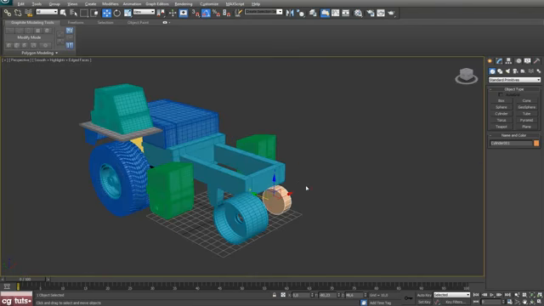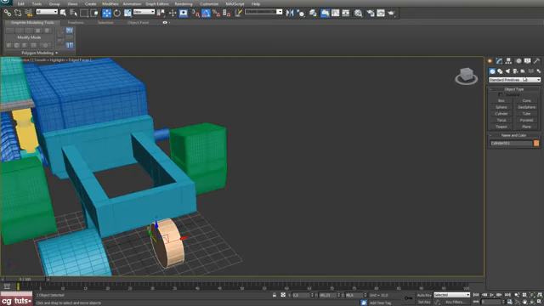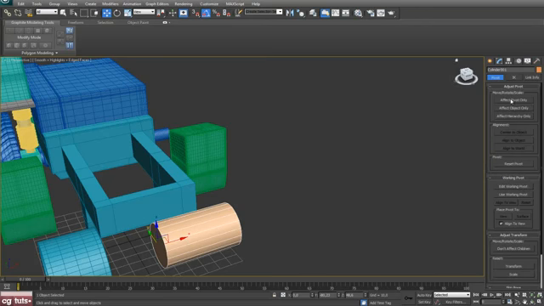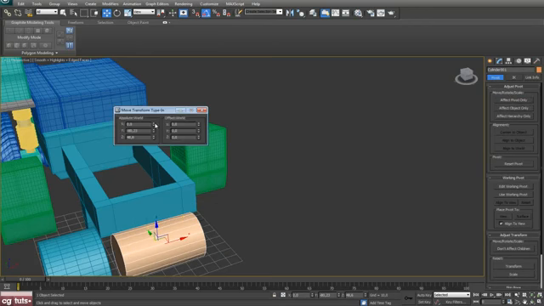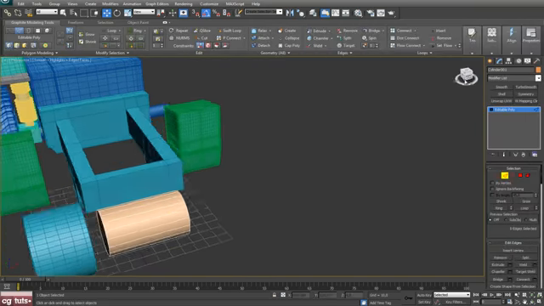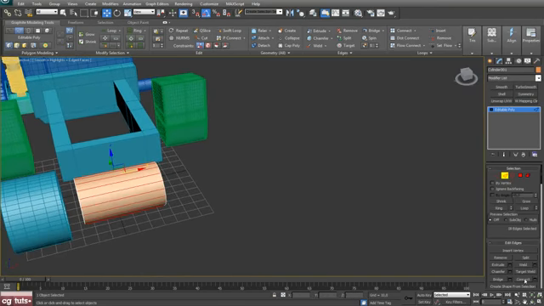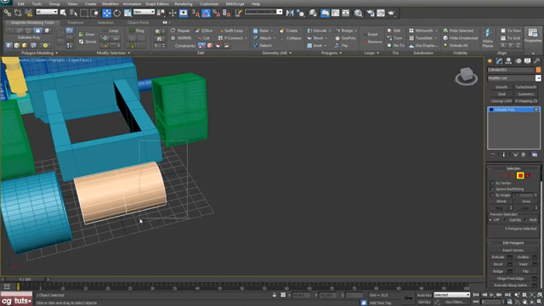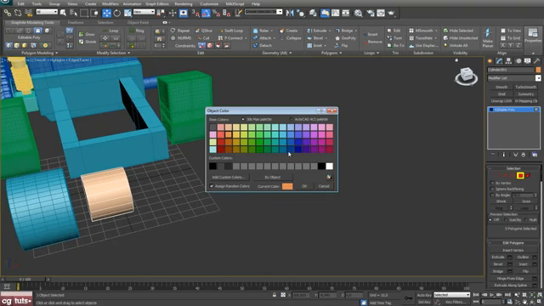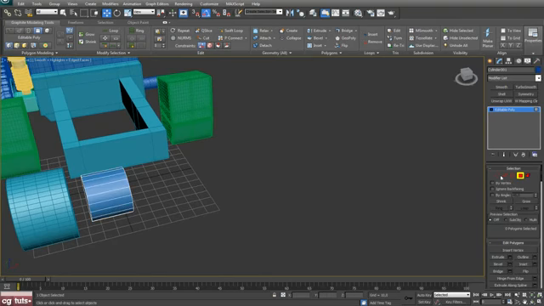Okay, zoom in here and adjust height, something like that. Hierarchy, affect pivot point center to object, and let's place that 0, 1x. Okay, convert that to editable poly. Select these edges and hit connect and delete these polygons. Change color to blue